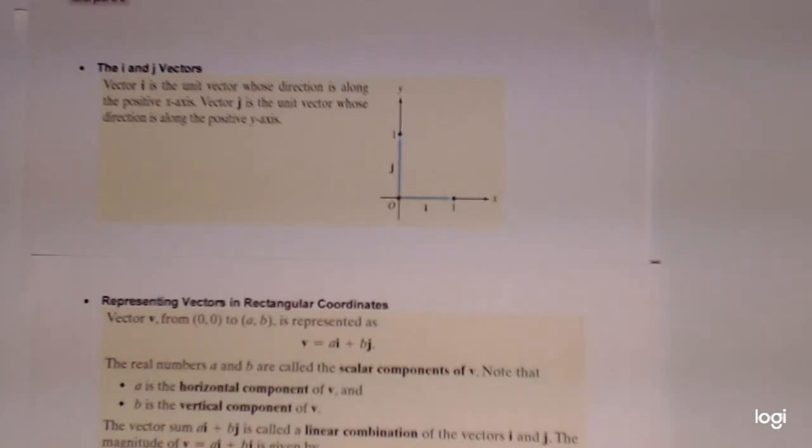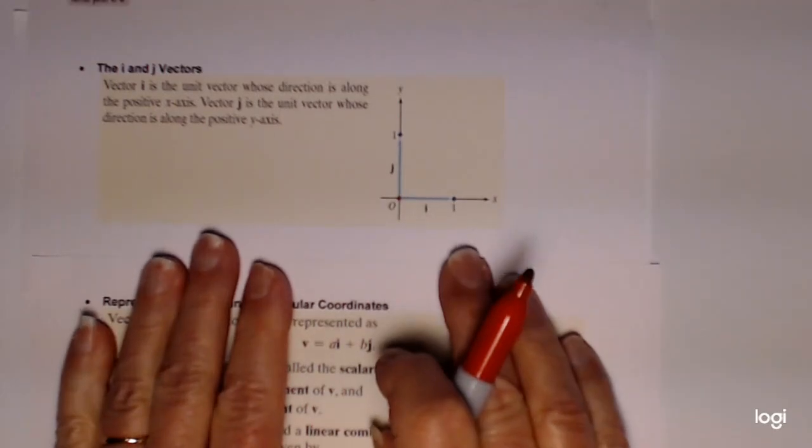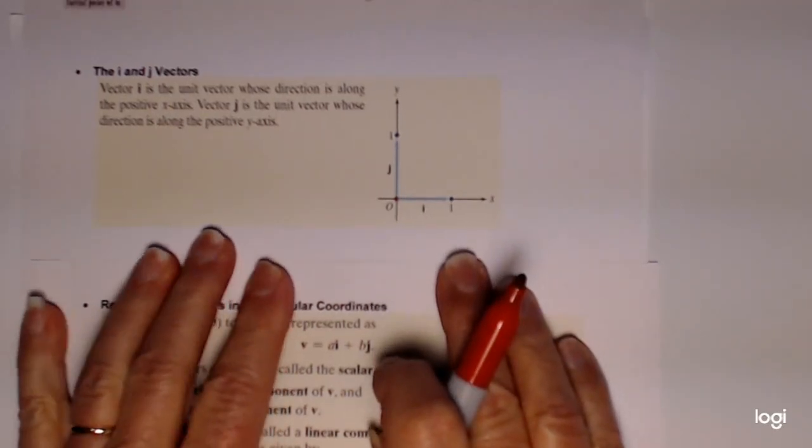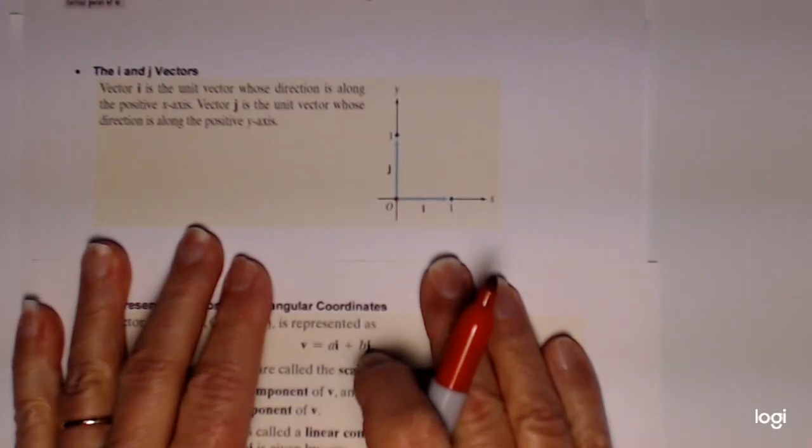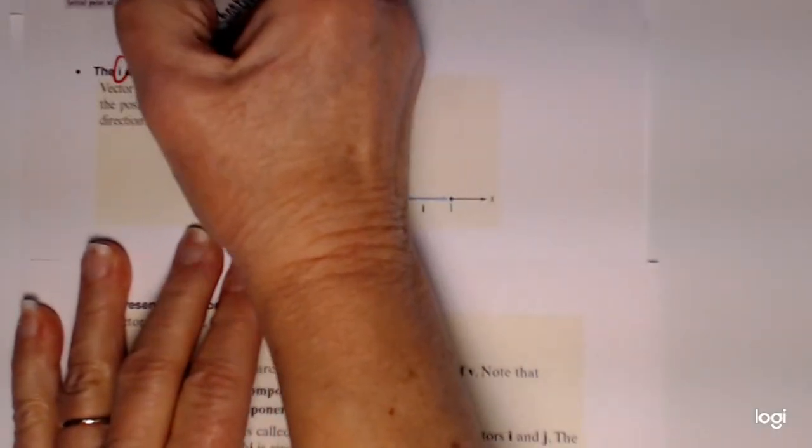We've taken a look at vectors in general terms of a magnitude and a direction, and taking a look if two vectors are equal to one another. And now we're going to take a look at specifically naming and identifying vectors. So looking here, we're going to be using more letters of the alphabet in this section, and we're introducing